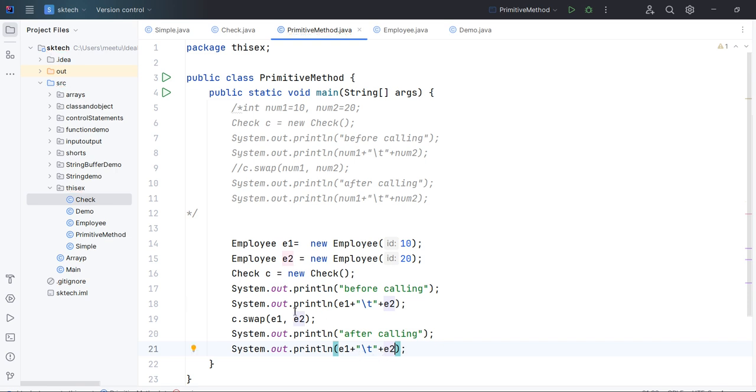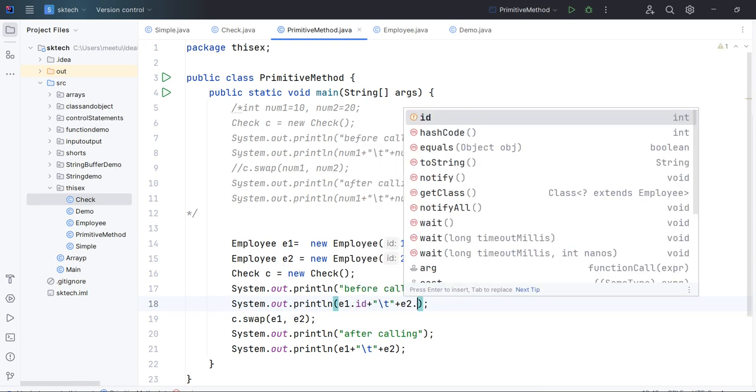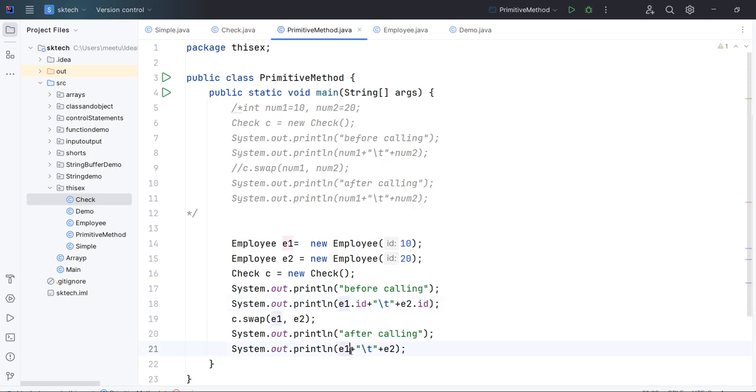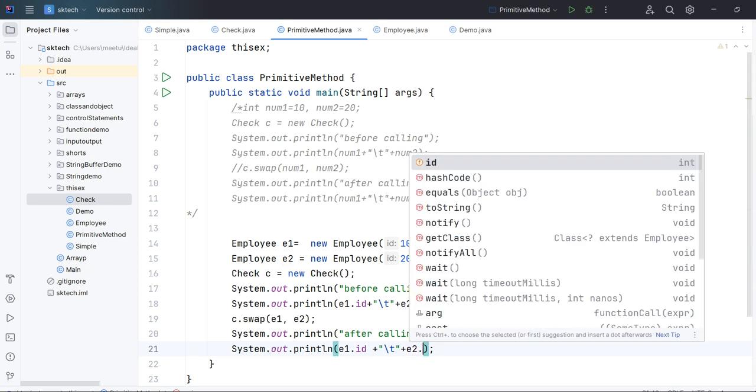Instead of printing these two objects, let's print their instance variable, otherwise it is going to print some hash code value, right? e1.id, e2.id.